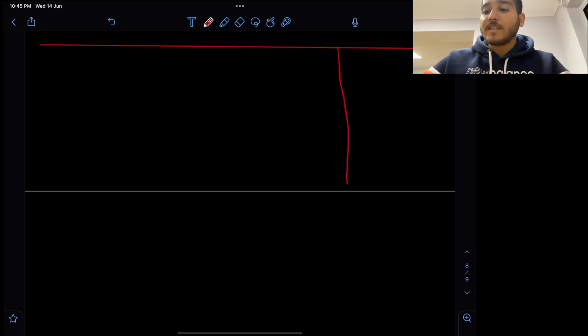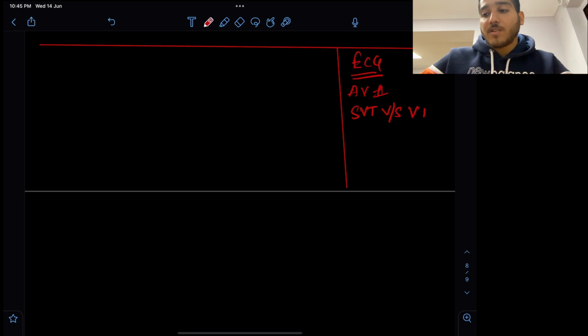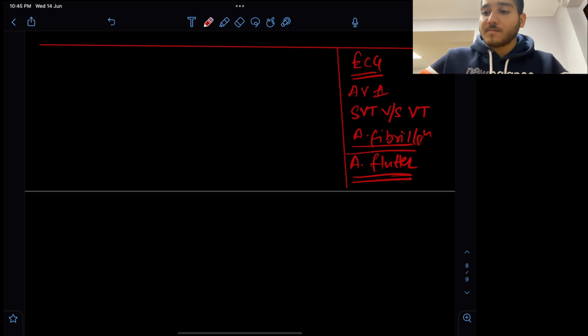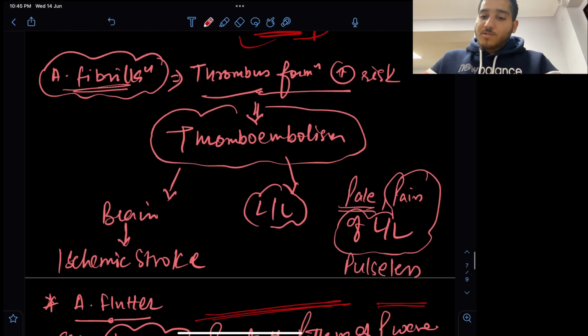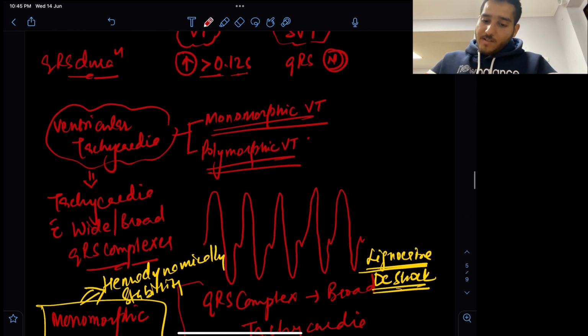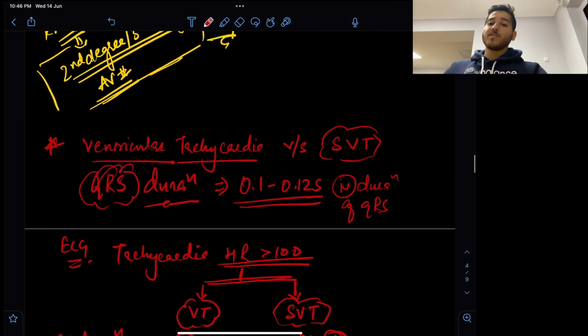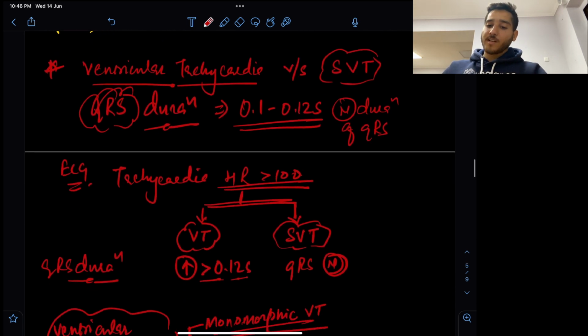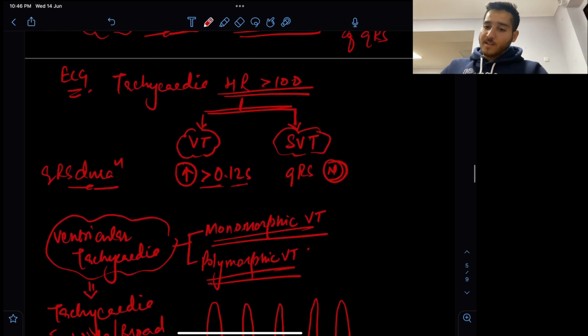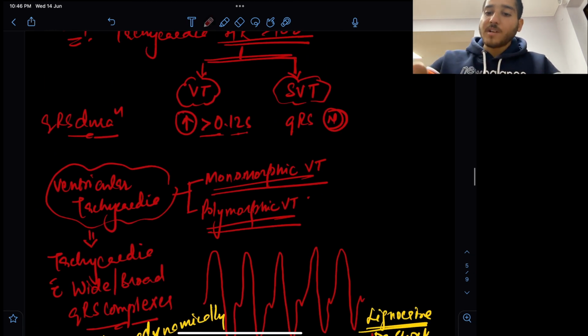So till now in ECG, we have discussed AV blocks, supraventricular tachycardia versus ventricular tachycardia, then atrial fibrillation and atrial flutter. For ventricular tachycardia, there's monomorphic ventricular tachycardia and polymorphic ventricular tachycardia, right? For supraventricular tachycardia,